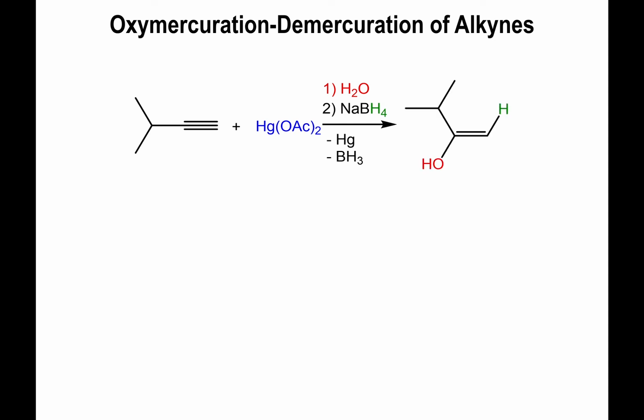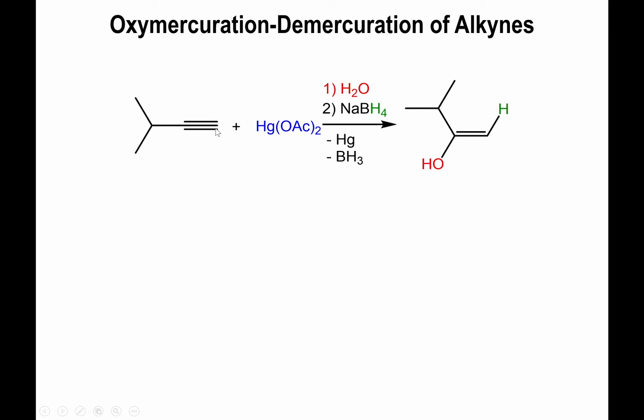All right, now let's take a look at the alkynes in respect to mercuric acetate. A similar idea takes place here, and here you will form the alcohol, technically an alkene alcohol known as an enol, and the idea is the same as with the alkenes. The mercury